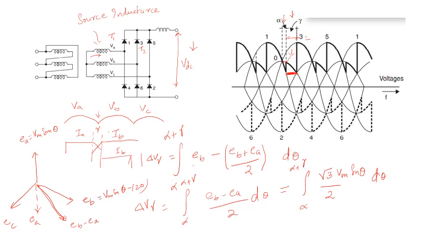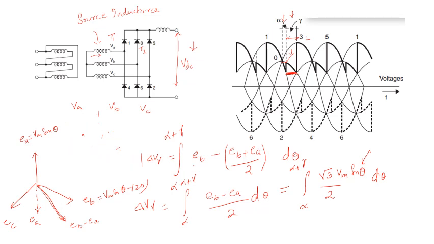Okay, there will be some part in the angular form, but I am not taking that angular form. I am just concerned about my area. That is the magnitude which affects our DC voltage. That's why I'm not interested in this angle part. Okay. So what can I write? I will write it like this.